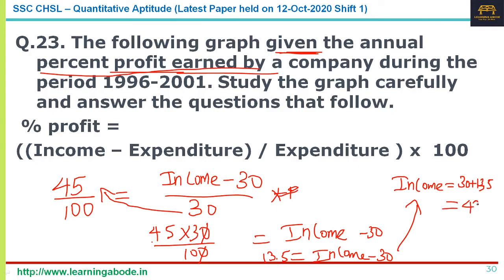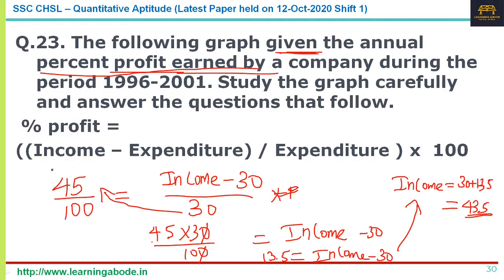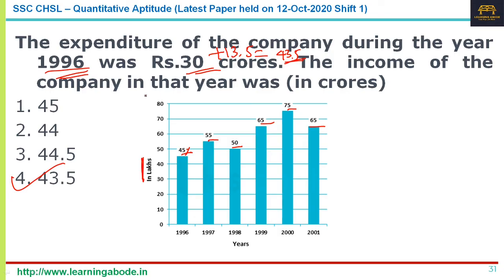So that's 43.5. Okay. So if the investment made is 30 crores, the other way of calculating is 30 plus 45% of 30. 45% of 30 is 13.5 crores. So 30 plus 13.5 crores, that's 43.5 crores. That's another way of calculating. Now, if you want to use the formula as it is, as given in the question, you can solve it like this, or you can just directly take 30 plus 13.5, that's 43.5. So the answer is option 4.